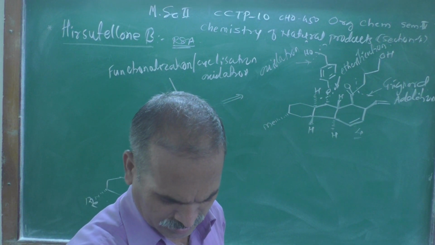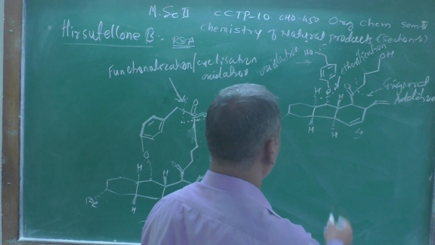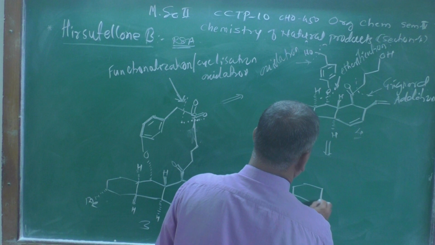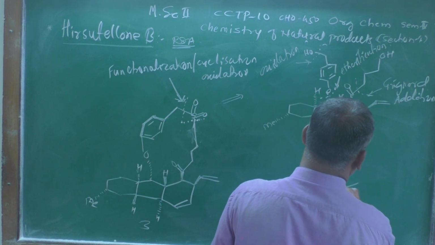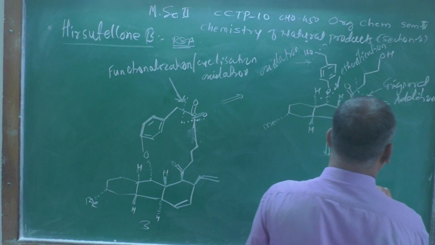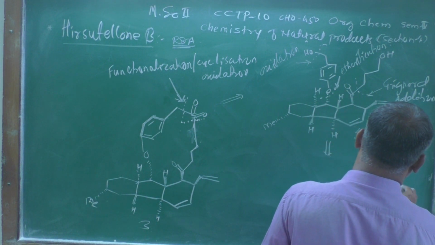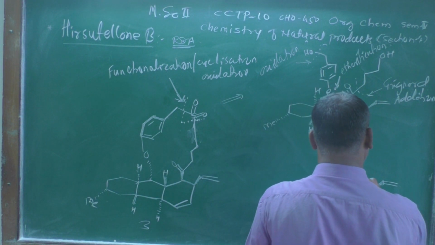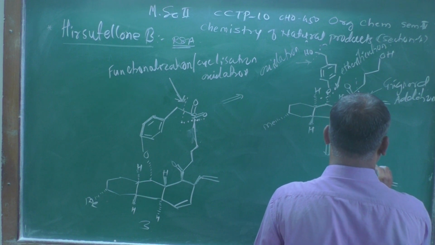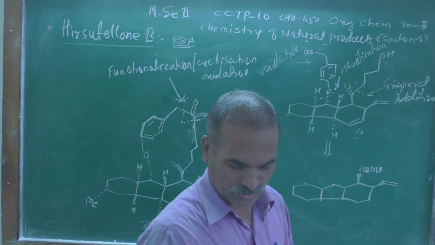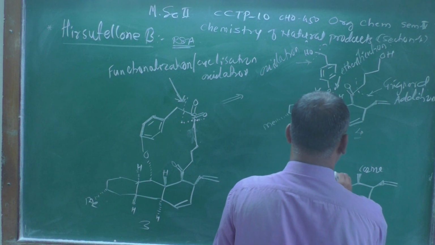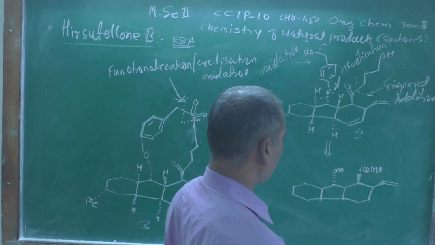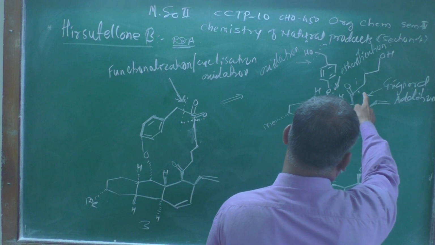The structure will be this one, compound number 5 we are going to get here. This is a 6-membered ring, then 5, then there is a 6-membered ring. Here this remains as it is, only changes occur here, this CO2Me, and here also changes occur, OH, and the rest of the thing remains as it is. Only broken from here and here.